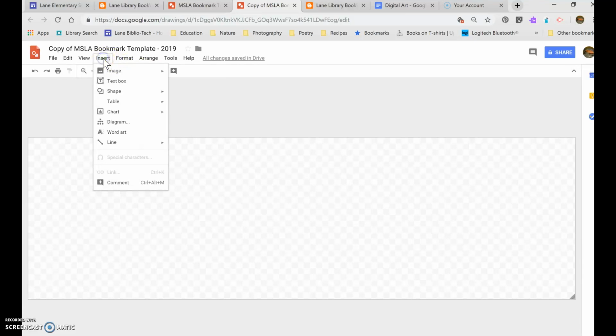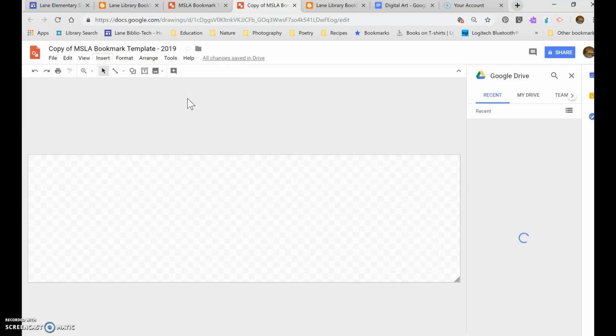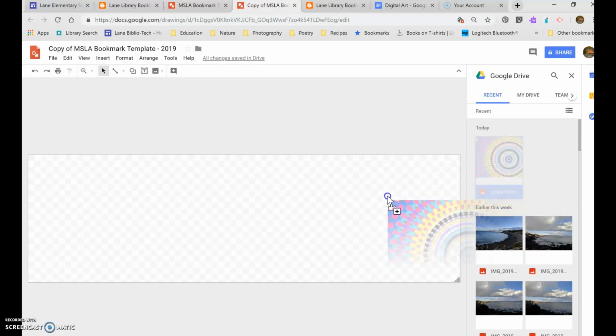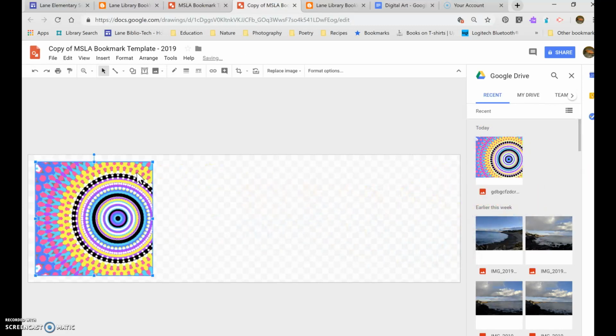Now you can start adding text boxes and shapes to create your own bookmark. If you already have an image in your Google Drive, you can insert that. So go to Insert, Image, go to Drive, look on the right, you can see what you've done recently. So I just downloaded this image. I'm not really going to use this, but I'll just drag it into my bookmark,